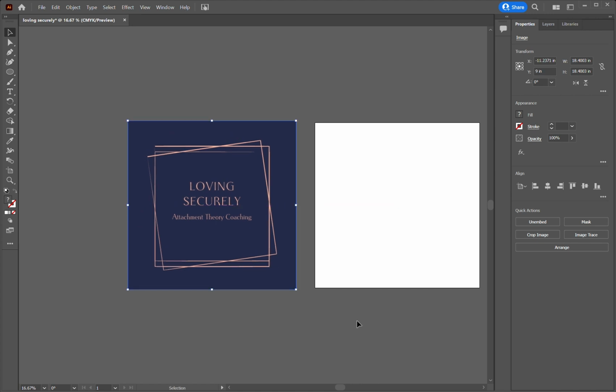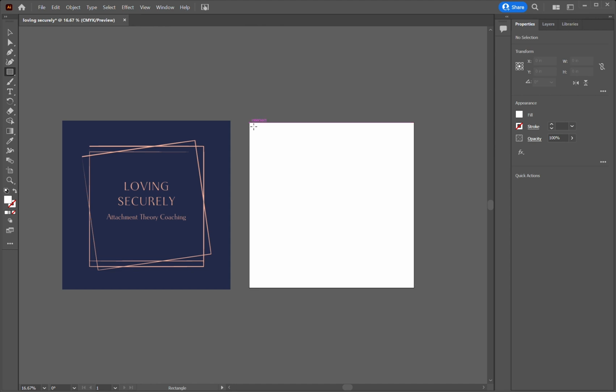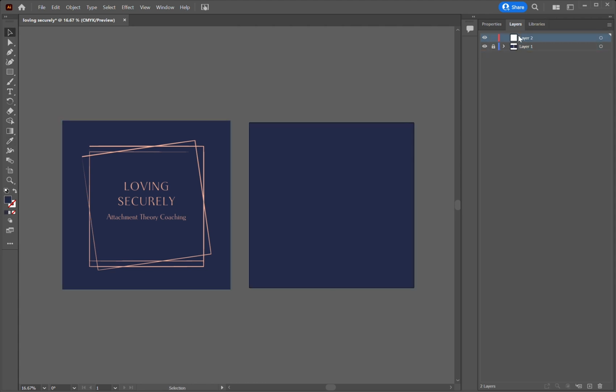Today I'm redesigning a sketch of a logo that a client gave me. I'm starting out by drawing a rectangle and using the color dropper tool to get the exact same color that the client wanted. And today we're designing for a brand called Loving Securely, which is an attachment theory-based coaching service